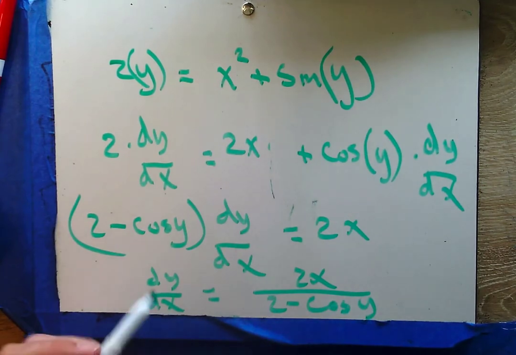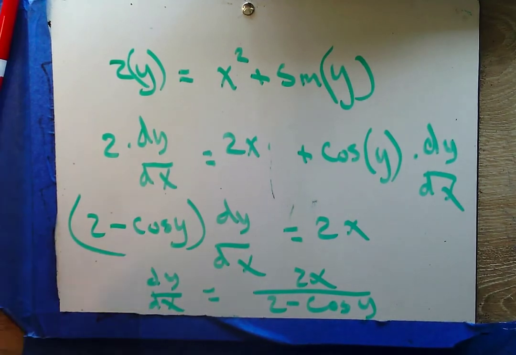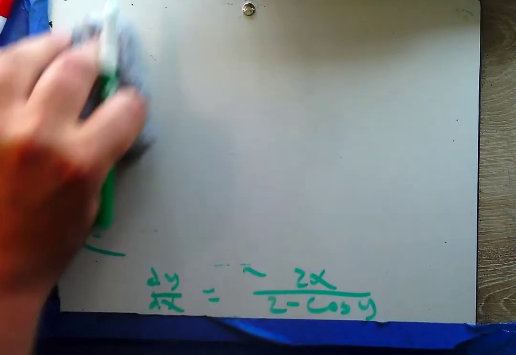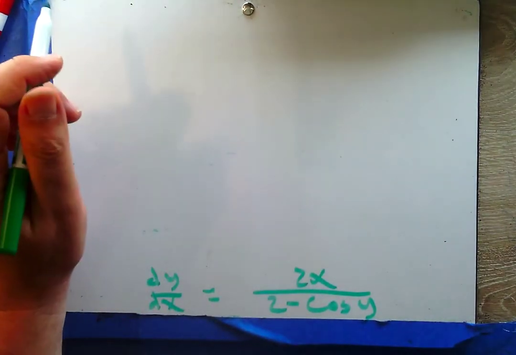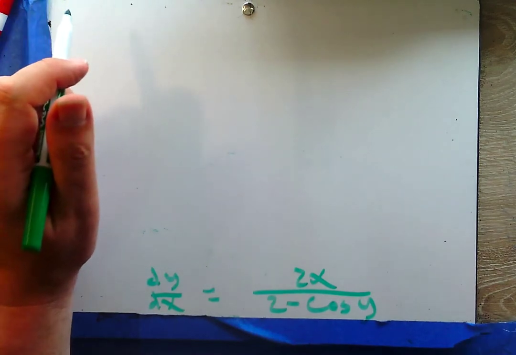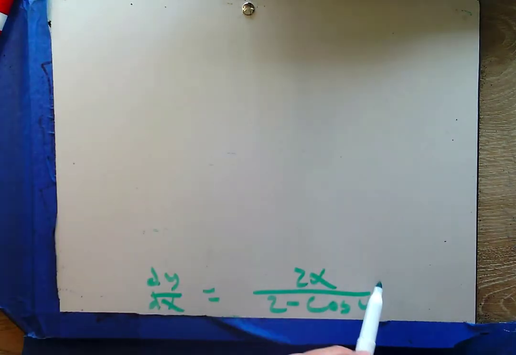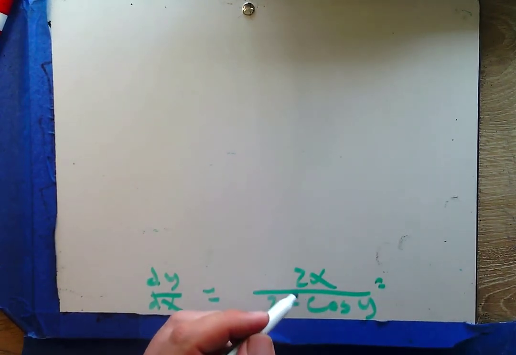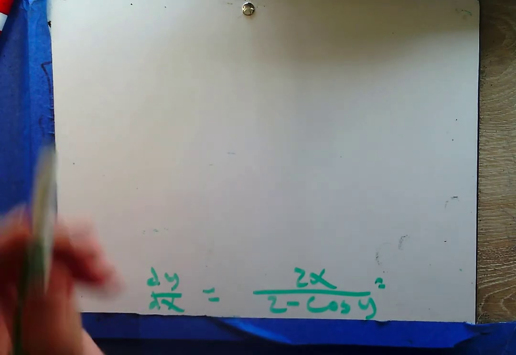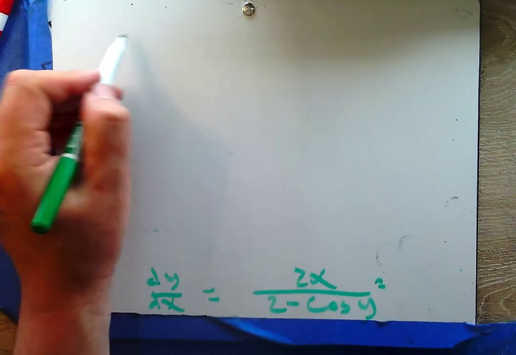Oh, but wait, this is just the first derivative. We now need to go and do the second derivative. The second derivative says, hey, you could use quotient rule here. I could use quotient rule, or I could also flip this up, 2 minus cosine y to the negative 1. And I just feel like that's going to be a lot of negatives, and I'm likely to make a mistake with that. So I think I'm going to lead with quotient rule. So the second derivative